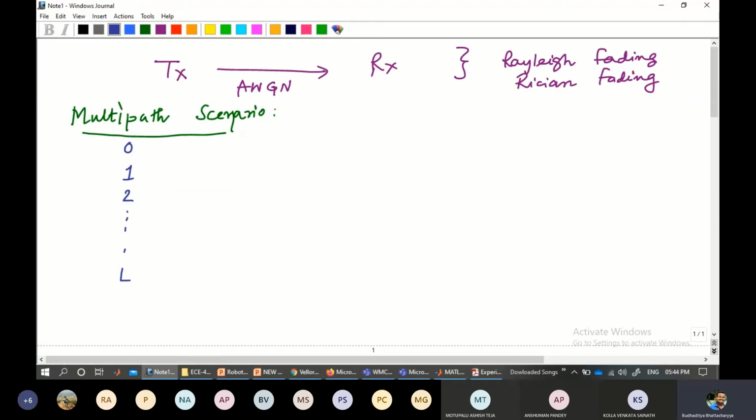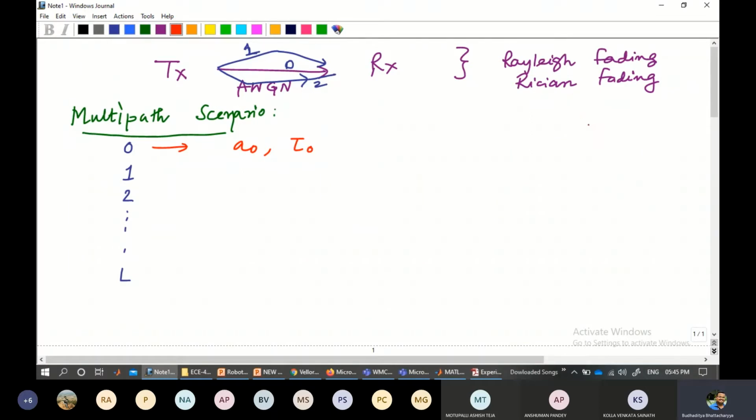That can be any multipath. It can be from different scatterers, it can be from different reflectors, whatever you call it, but there are L paths. Between transmitter and receiver, this can be the 0th path, this can be the first path, then maybe this one is another path, so 2, like that. There are L number of paths. Now all these paths have two factors that define the multipath scenario. The two factors we have to bother with are one, the amplitude factor, and the other, the time delay.